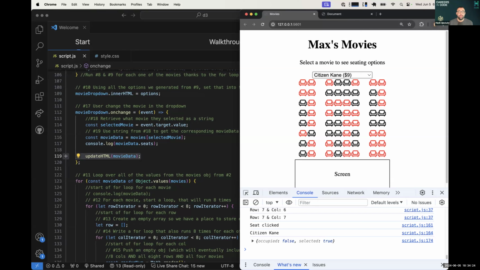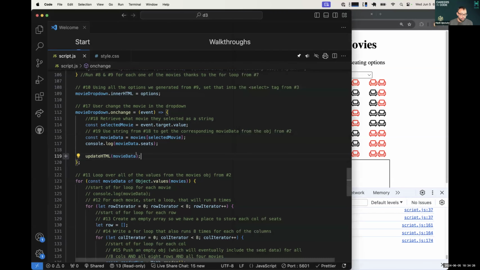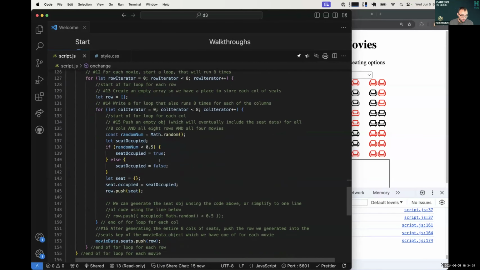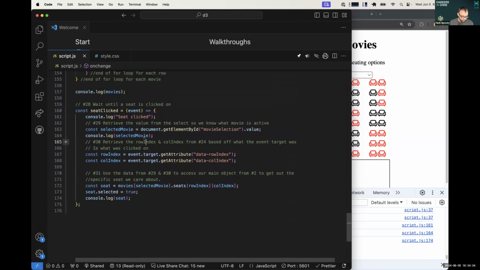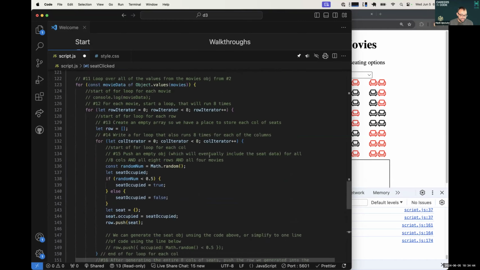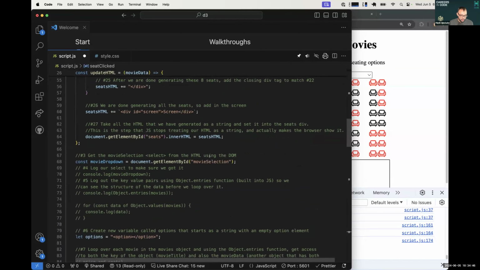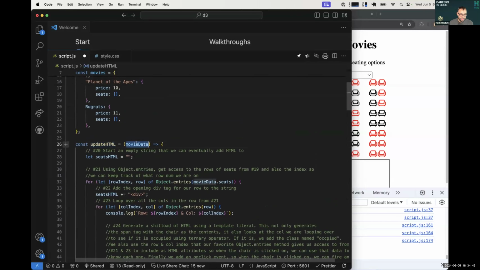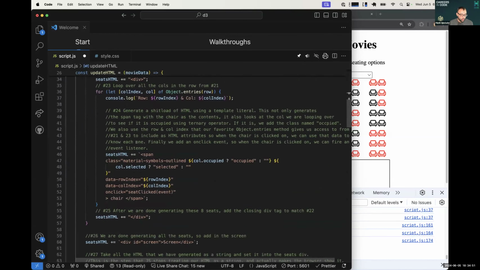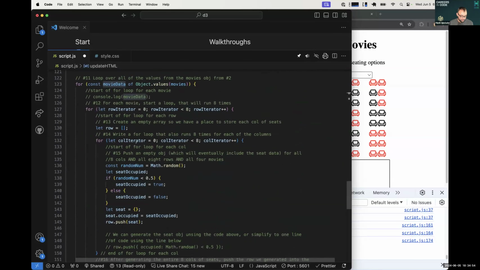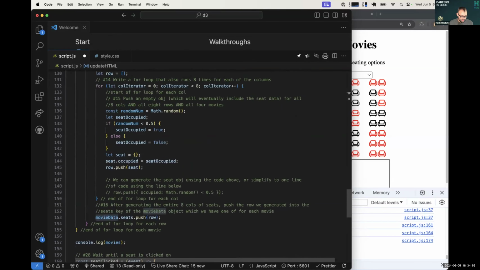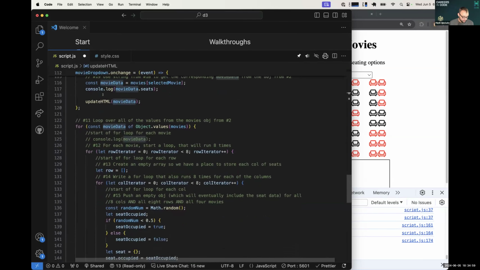All right. Now that we have done the work to move this into its own function, we can do the next step. Down here, we need to update the HTML again right here. But the update HTML is expecting the parameter of the movie data. So we need to also get that movie data that we did when we